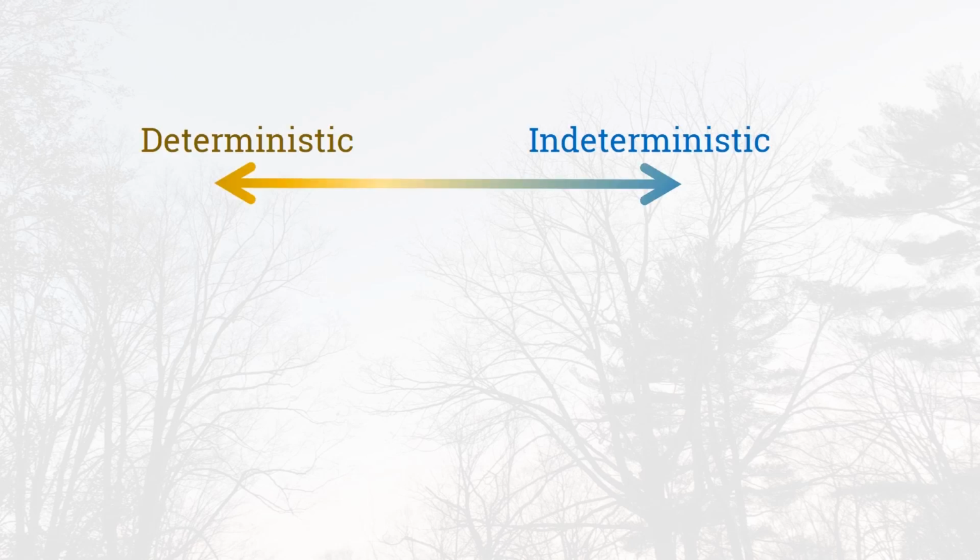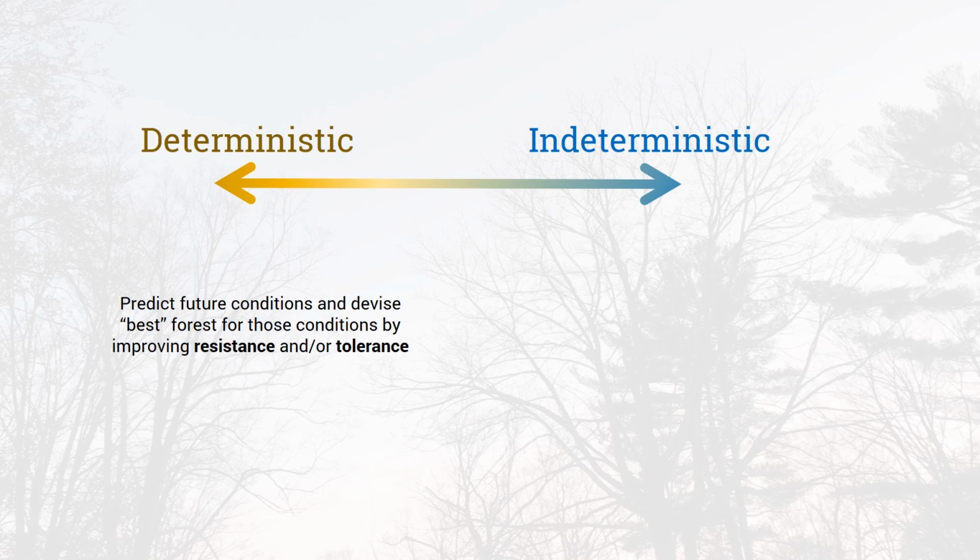In a big picture sense, forest management decisions fall along a spectrum, from deterministic to indeterministic, based on our assumptions about how well we can predict future conditions and our ability to design forests well suited for those conditions. A completely deterministic approach assumes we have reliable predictions of future climate and an ability to organize our forests successfully through management. The aim is to develop forests of the future, where the species mix and stand structure are well